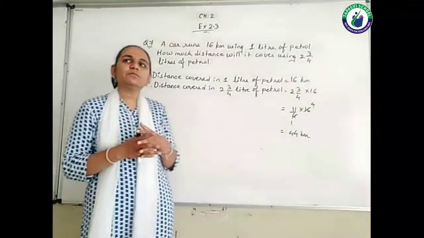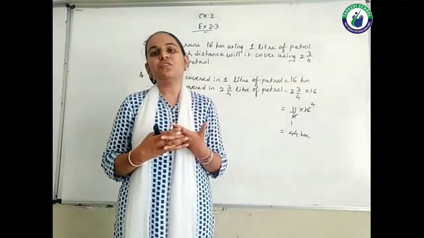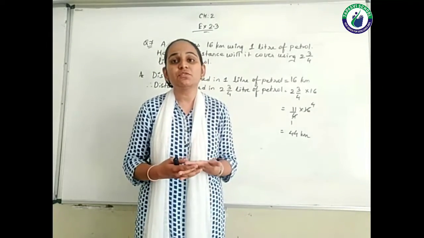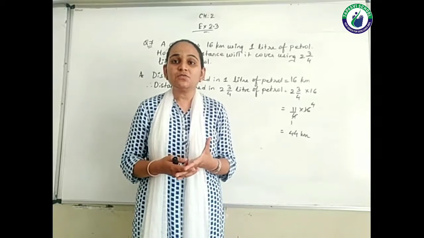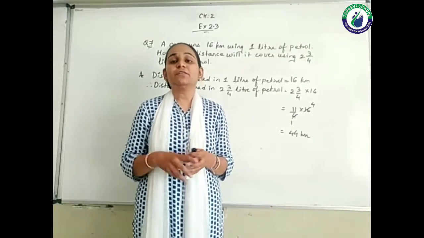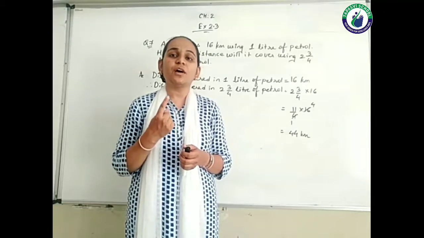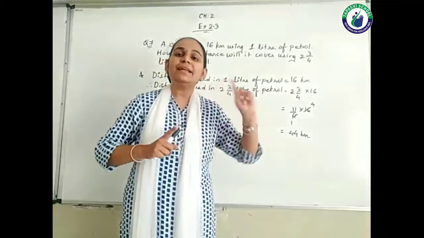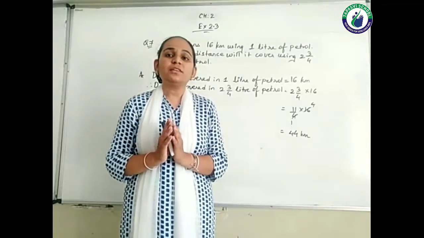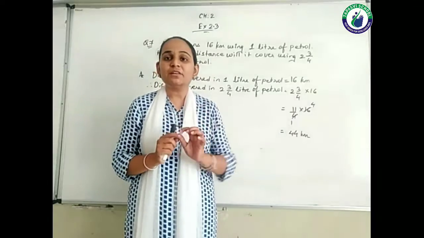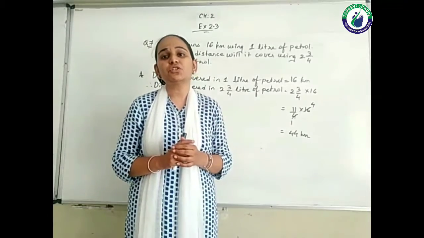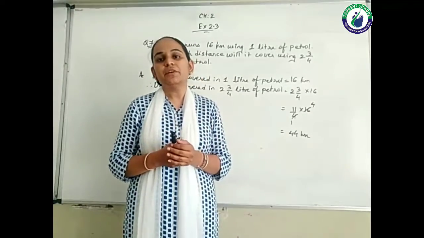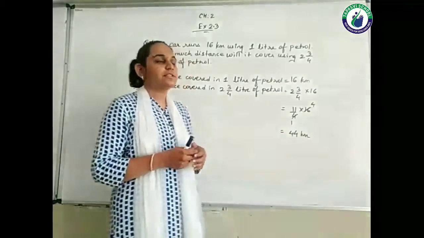Sometimes, students, you face the problem of how to identify whether the question is of multiplication or division. So again I am giving the hint which I always say to you: if the cost of 1 is given, or anything of 1 is given to you, and based on that you have to find many, then that question is always of multiplication. Many given, finding 1, that question is of division. Is it okay students? So let's see here.